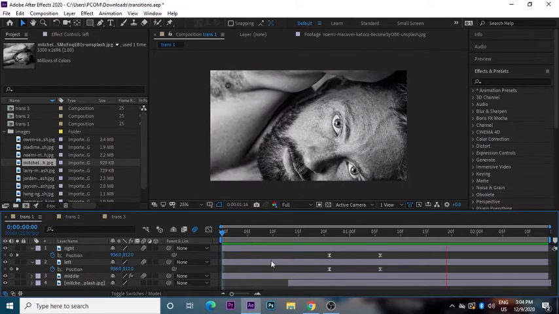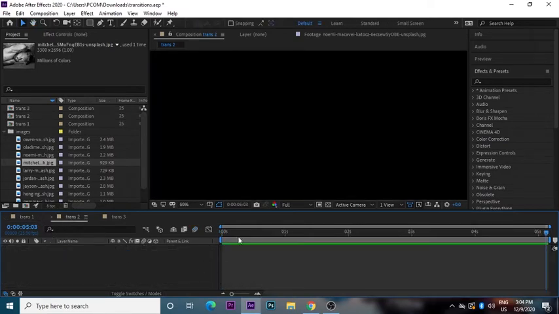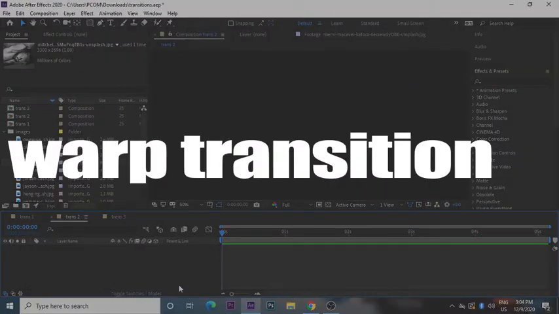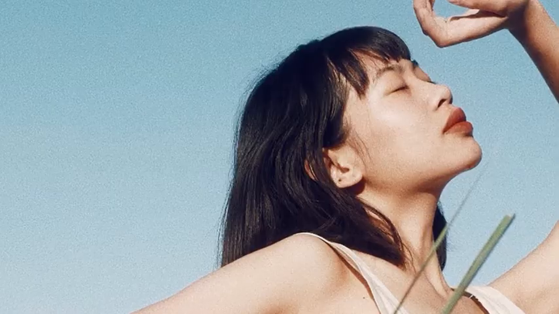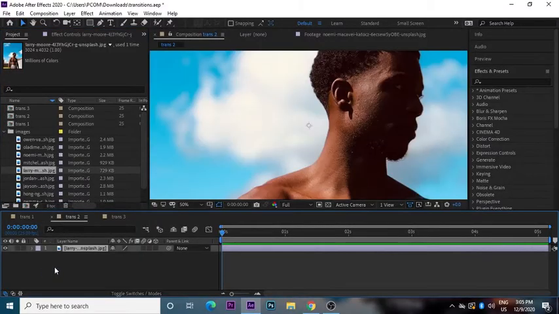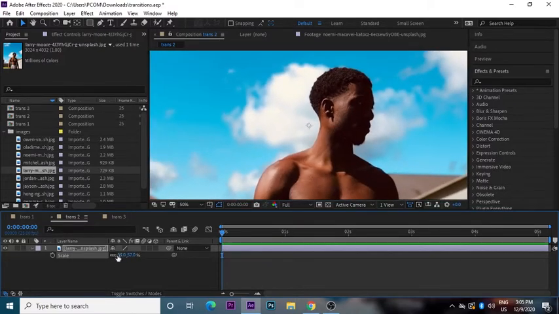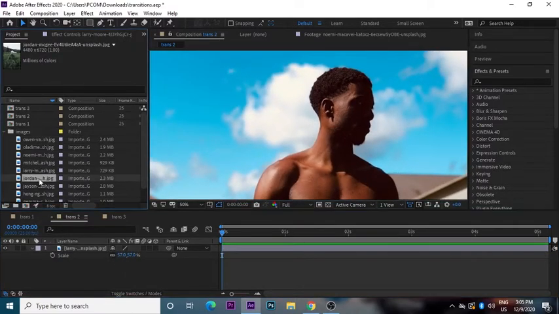Let's move on to the second one. So here I am in the composition of the second transition, and second transition is gonna be really simple with only one effect and a little bit of keyframes. But it doesn't mean that if it is easy, it's gonna be not so cool. It is cool as well as the easy, and it is called the warp transition, and which looks really cool. So let's again grab the two images from our Unsplash, the beautiful images from the unsplash.com, and